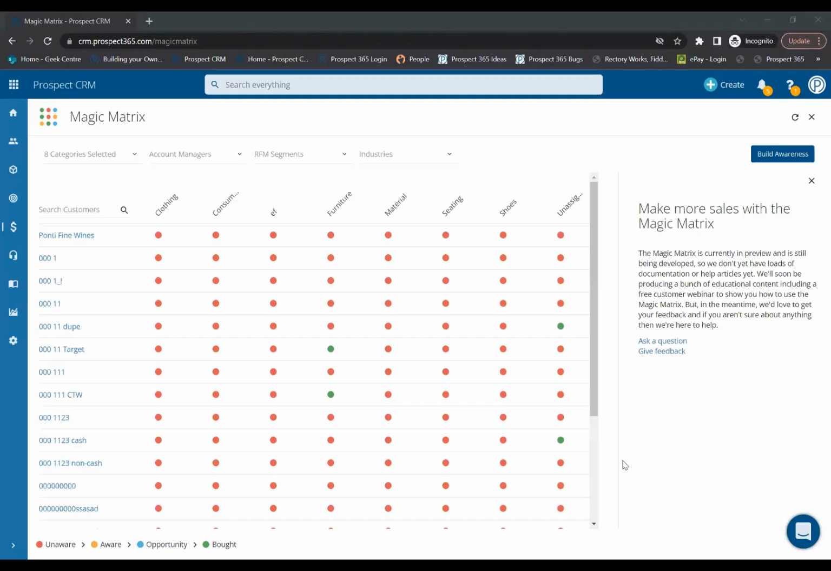So now I've explained that, I'm just going to jump back and show you the actual process using that build awareness button on the Magic Matrix. So clearly this is a really important tool because it tells you exactly where you've got gaps in your market where customers are not purchasing particular products. And this build awareness then allows you to start